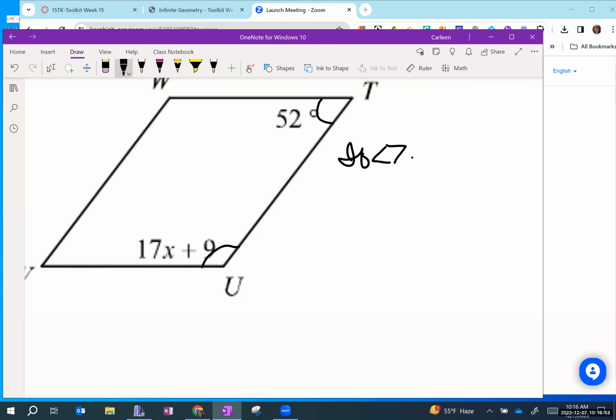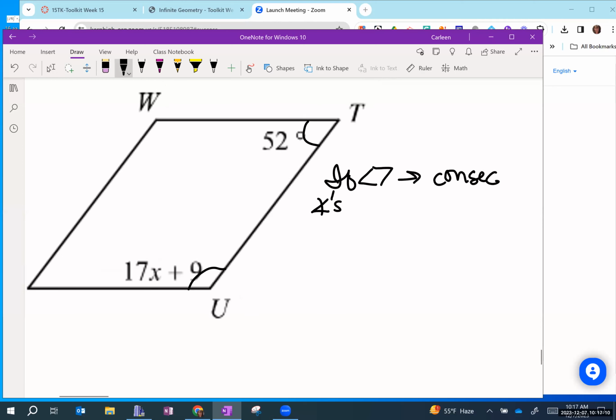If it's a parallelogram, then consecutive angles are anyone? Ooh, not congruent. What are they? It's the same thing as same side interior angles are